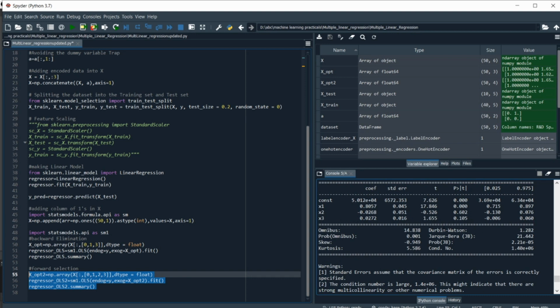Now in this summary, you can see that after us adding another independent variable, the value of p greater than mod t for column 2 is 0.6, which is greater than our threshold value 0.5. So that states that column 2 is not related to our dependent variable much.